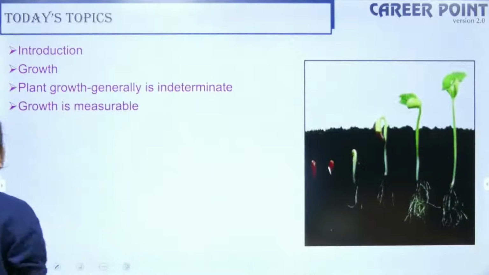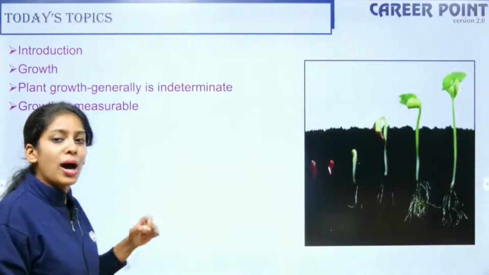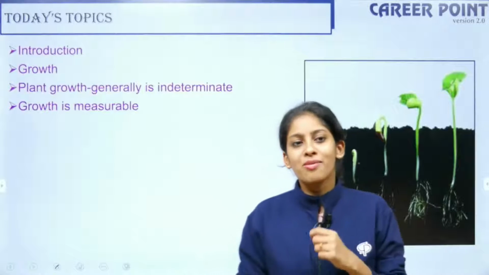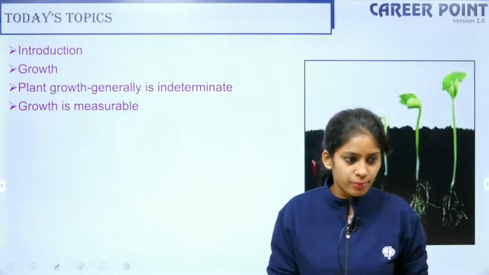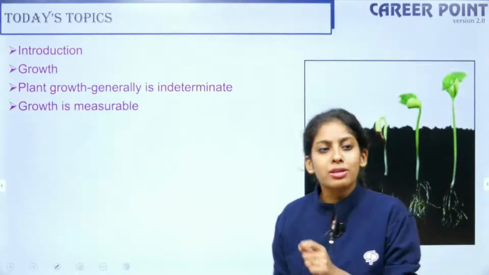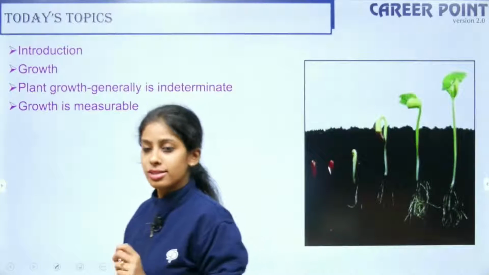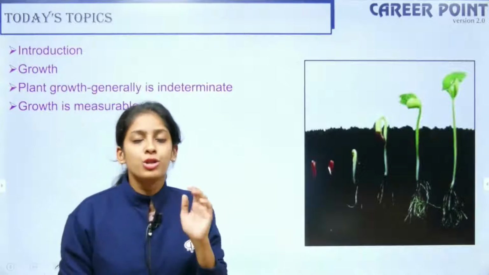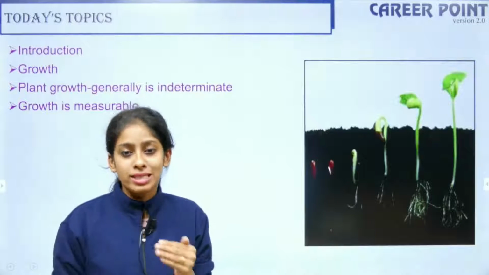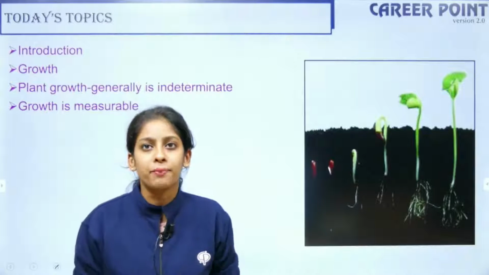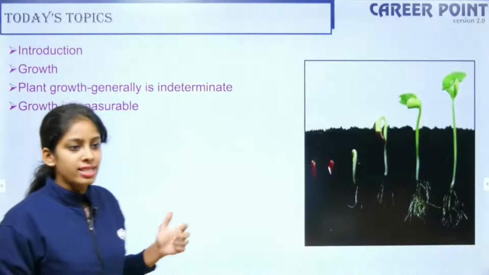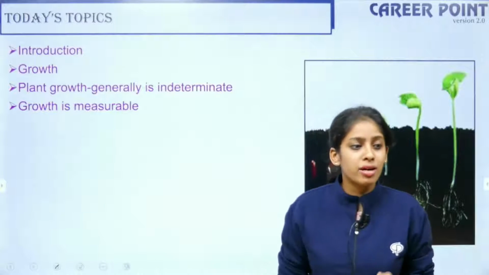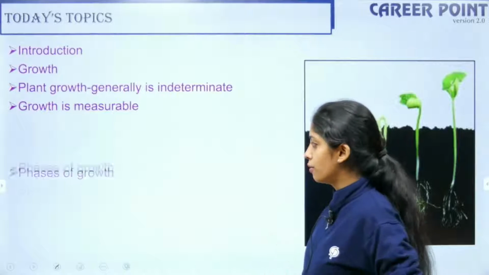Okay. Then growth is measurable. So how do I measure the growth? I am talking at the cellular level. So I can measure it in terms of protoplasm. But under the microscope, to count the cell itself is a tedious process. So how do I measure if the protoplast has grown or not? So I take some relative terms to understand that there is growth happening, like the cell size, the volume, the area, etc. So the cell number, the cell size, all that are measurable features.